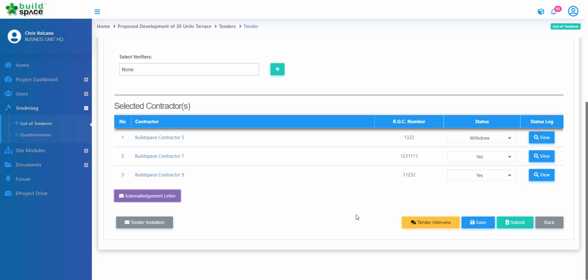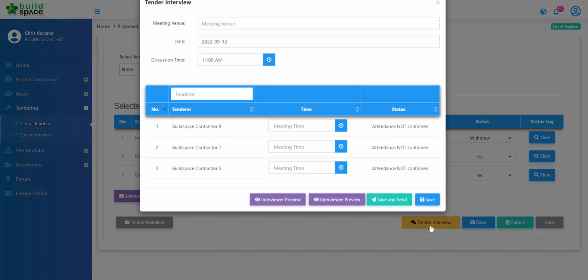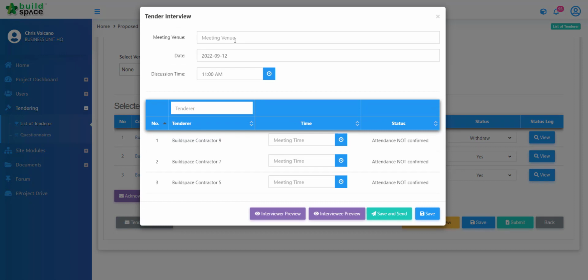And then we can actually send out a tender clarification meeting. So technical interview or tender clarification meeting usually happens after our tender calling, but you can still send out this tender interview here, right? So we have our meeting venue. You can either put in your Zoom link, or even a location where you want to meet up. So for example, let's say I'll just put here Buildspace Office,